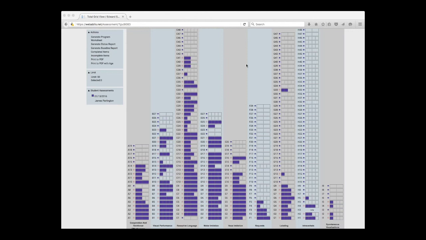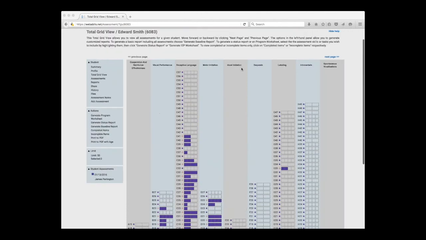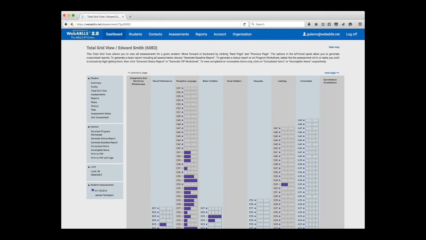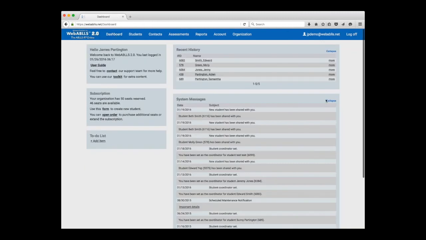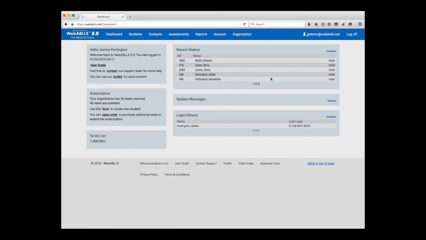So as Kathy said, I've already got some information here on the student, but what I'm going to do is go to my dashboard. I always like to start there, because when I click on my dashboard, it will show you all of my students that I have. And this is a demonstration account, so these are all fake names, so that you don't need to worry about privacy. But what I'm going to do here is start here, and I'm going to select this student, Edward Smith, that I put in here.